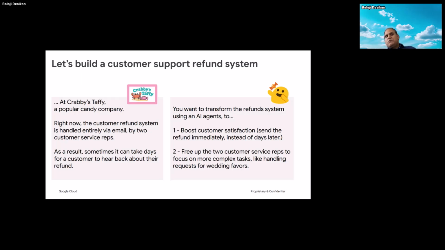So what you want to do, you want to transform the refund systems using AI agents to, number one, boost customer satisfaction, send the refund immediately instead of days. And then number two, free up the two customer service reps so that they can focus on some complex tasks like handling requests for wedding favors or whatnot. So with that setup, let us go and